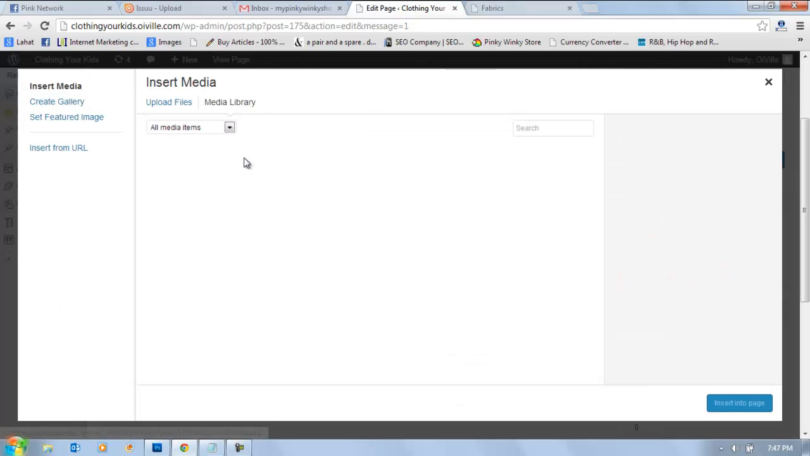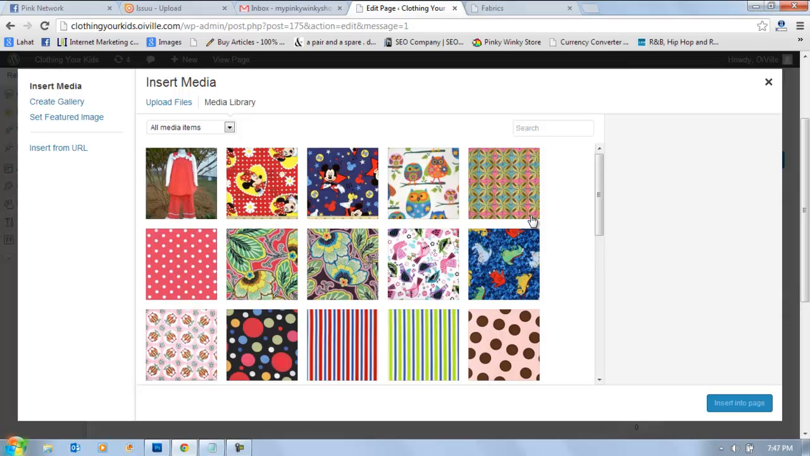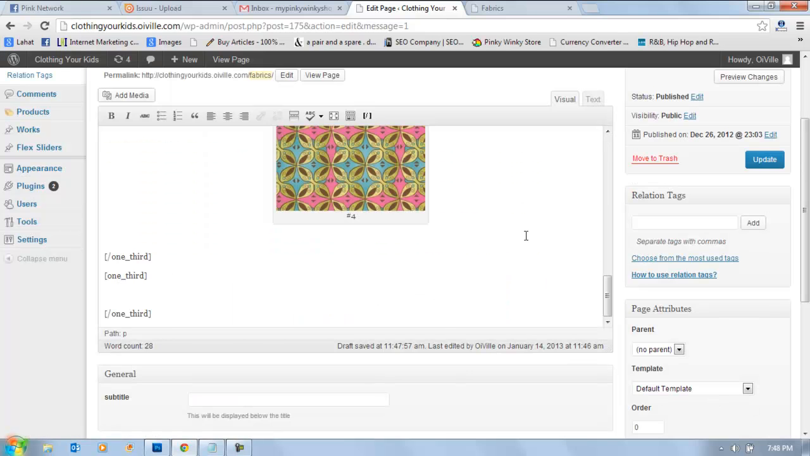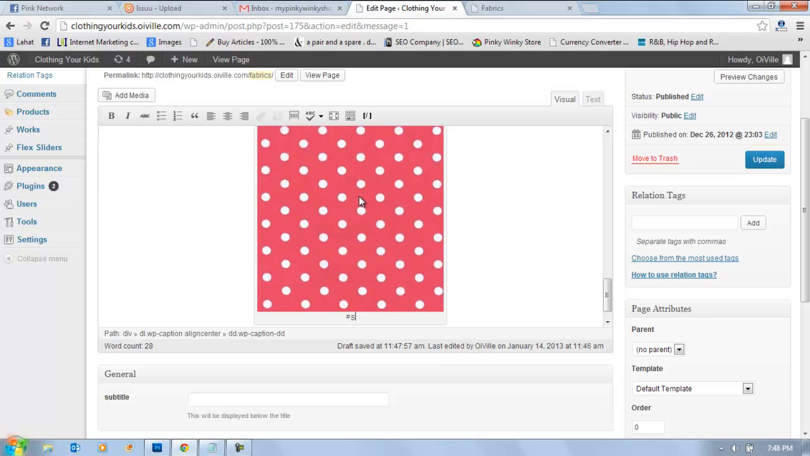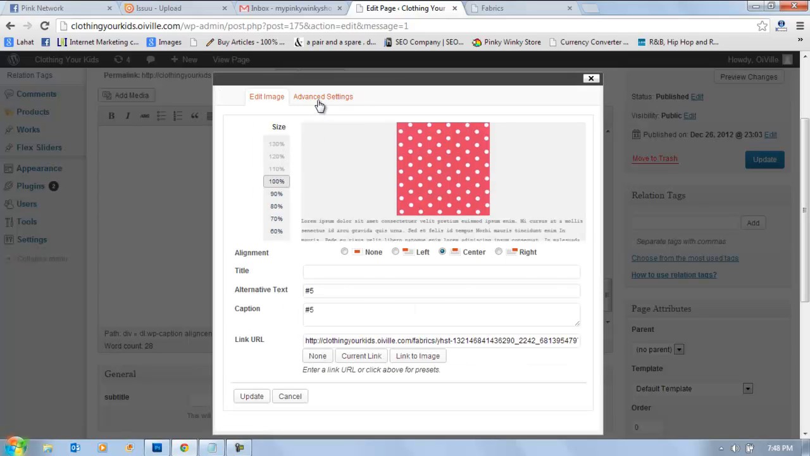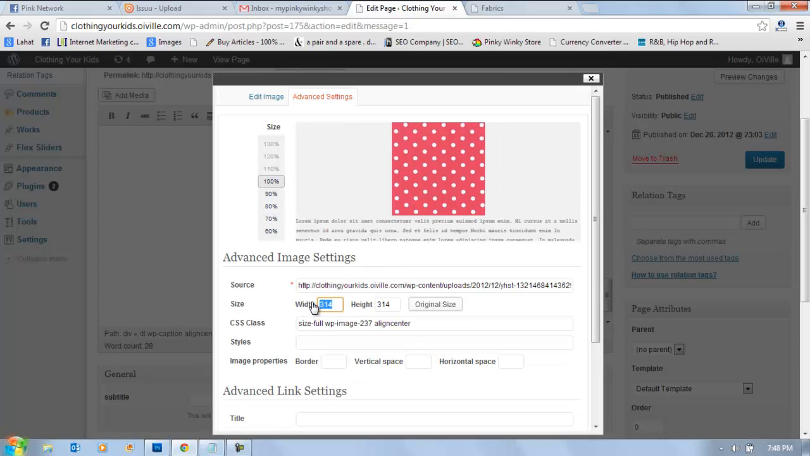Add media. Select the picture. Here's the picture. If you will see here, we only have the title. We don't have a caption. So what I will do is I will just copy the title and type it on the caption part. Now we have a caption, so insert into page. The picture is bigger, so we have to click on the picture, click on edit image button, click on advanced settings, change the width and the height,